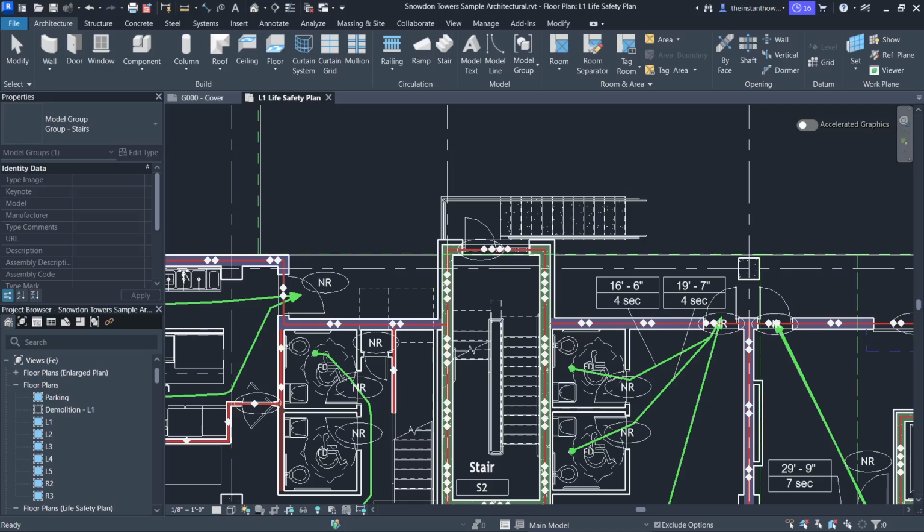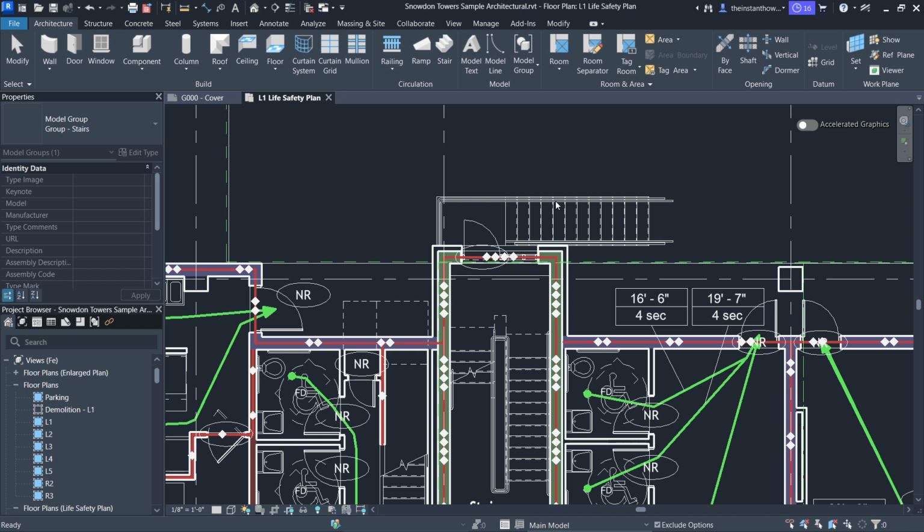In this video, I'm going to show you how to create Revit groups. Now to do this, first you want to select all the elements you want to put into your group. So I'm just going to use these stairs over here in this sample project, and there's a few ways to